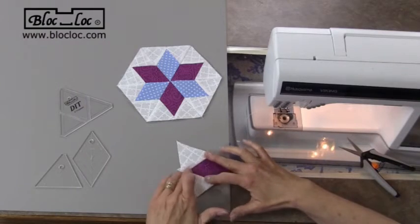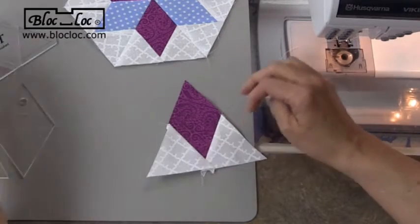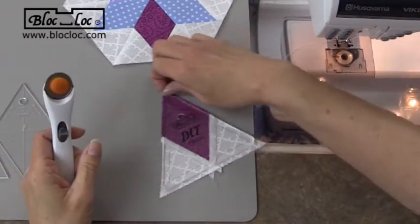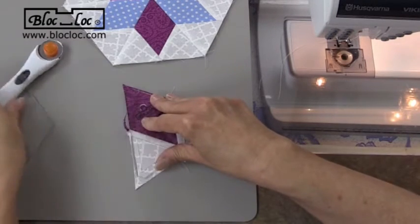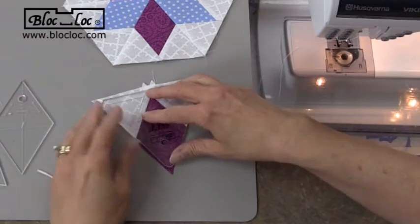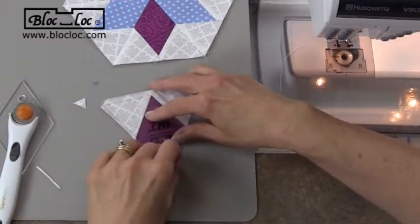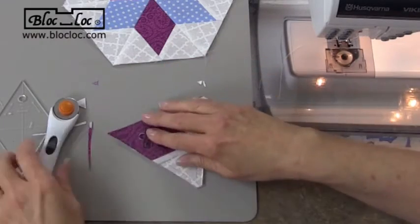And then I can finger press this out, and it looks like that. And so now what I need to do is take my grooved ruler and put it on top and lock on and trim all the way around. Move this over a little bit. I do recommend using a turntable. It would be much better if you do. Make sure that you're all the way filled inside that groove. And then all I have to do is chop off that little point